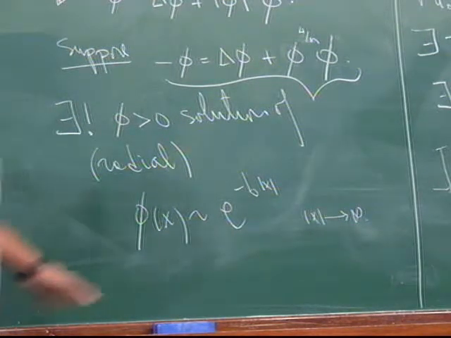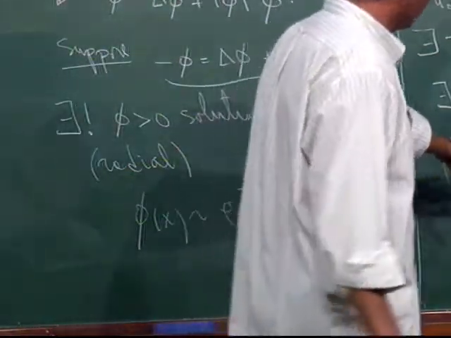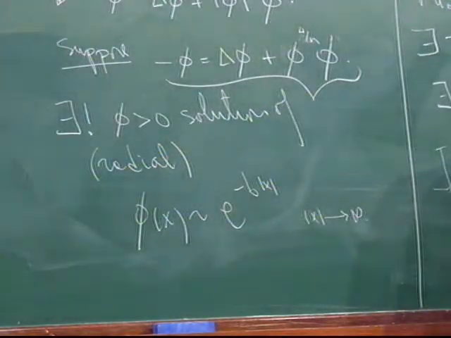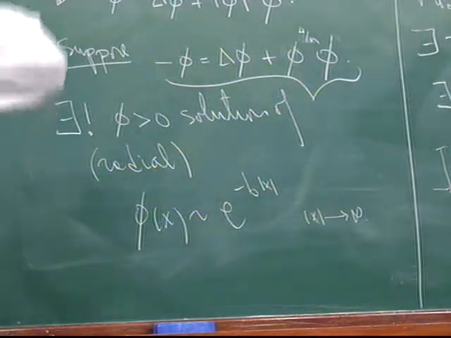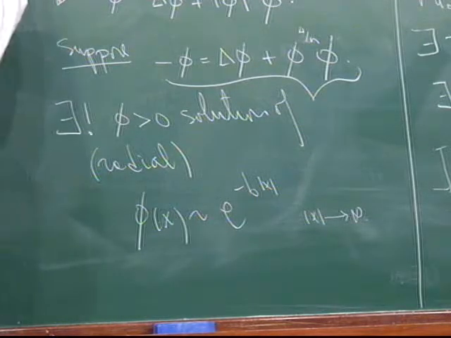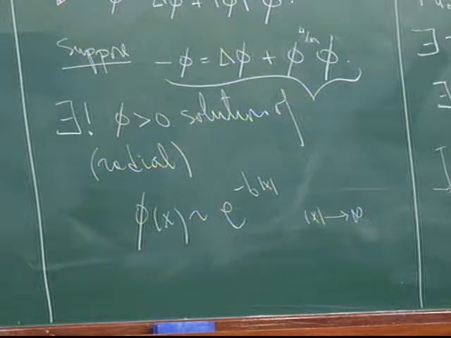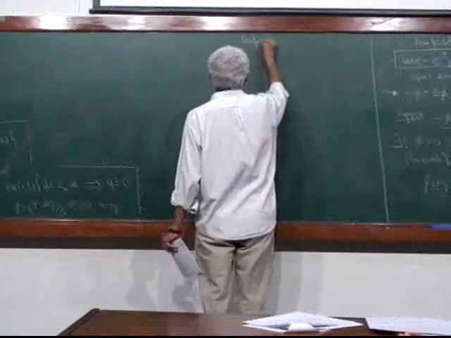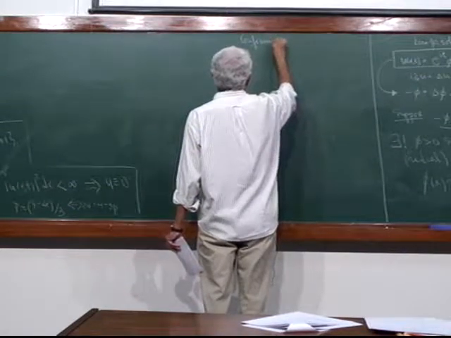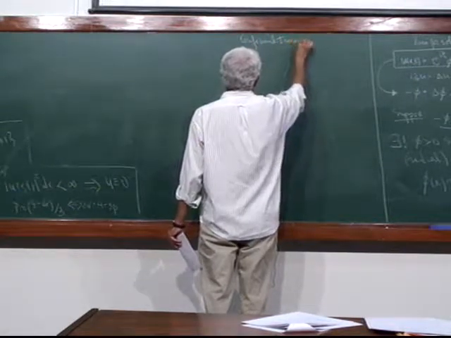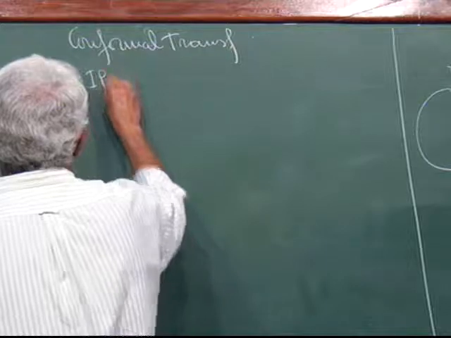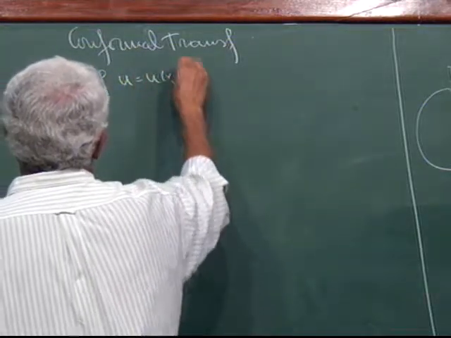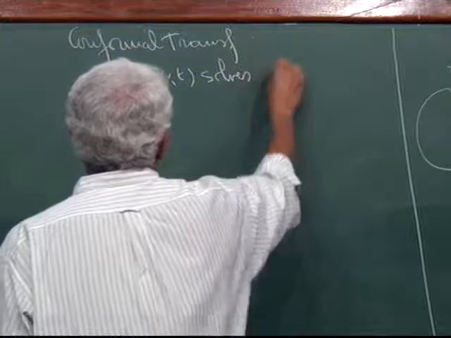Okay. We are trying to get something that is global, and the answer is no, but we are not getting anywhere yet. There is another trick in all this. It says the following. If this is the conformal transformation, and maybe the first people who wrote that were Ginibre and Velo. The conformal transformation says the following. If you solve this equation,